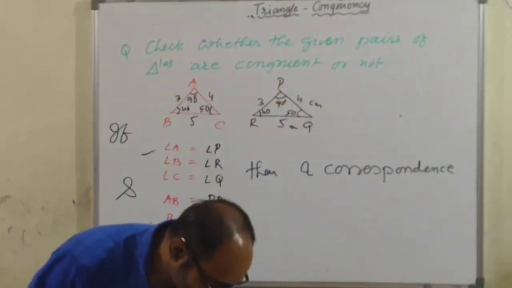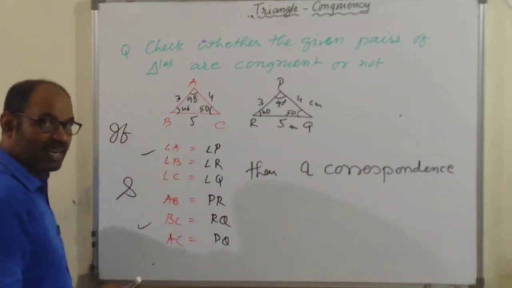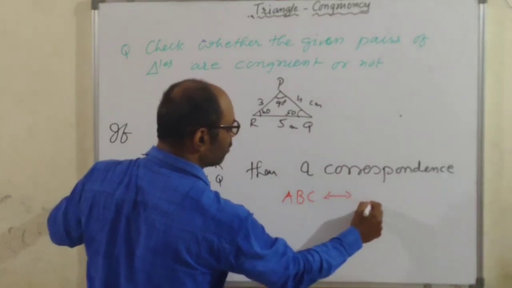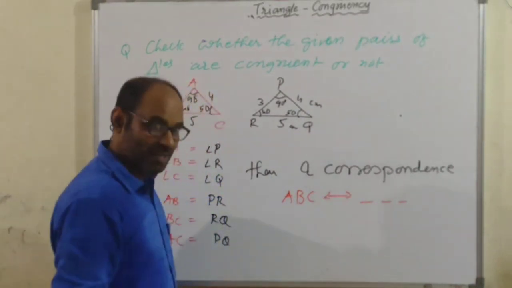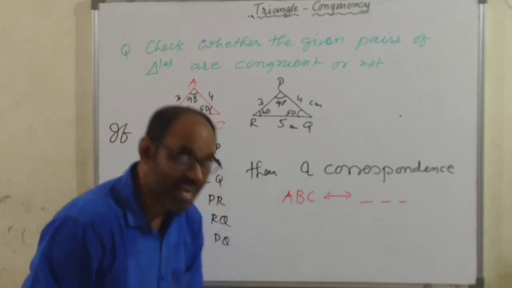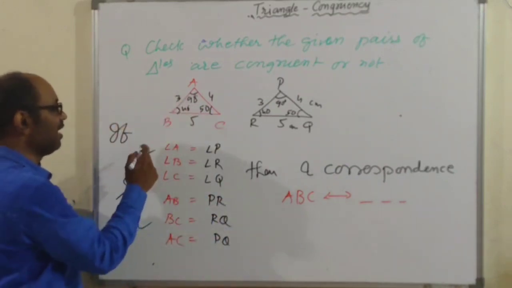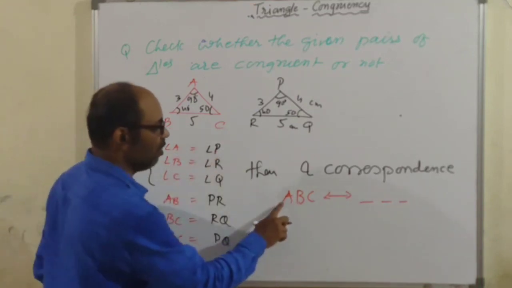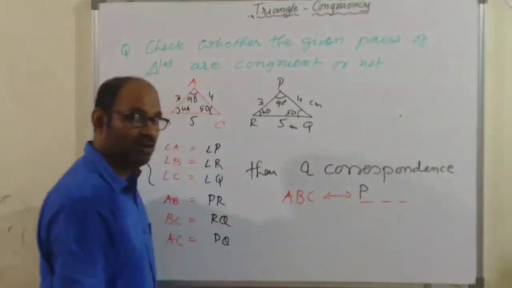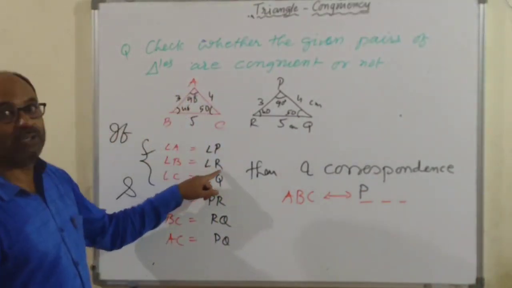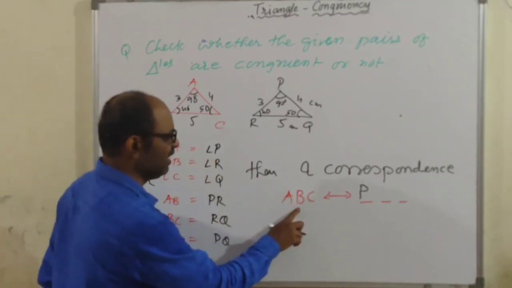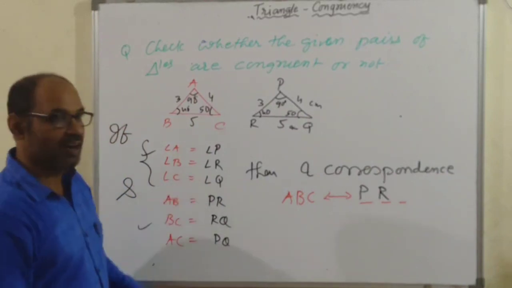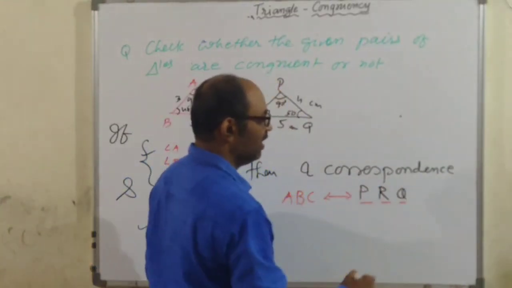अभी कौन सा correspondence? चिल्ड्रन, ये लेफ्ट साइड पे मैंने रेड ट्राइंगल का लिखा, तीनों एंगल दिया. I'll write in the order. ABC corresponds to dash dash dash. Why I have written dash? From angles you get direct correspondence. Angle A corresponds to angle P. So A is in the first order, so write P in the first order. B is equal to R, so B corresponds to R. B is in the second order, so write R in the second order. C is in the third order, C is congruent to Q.